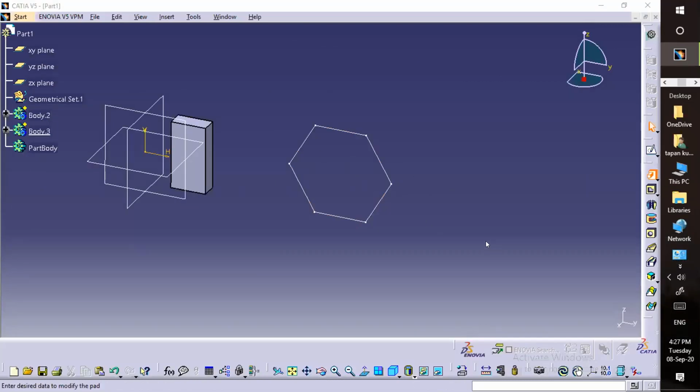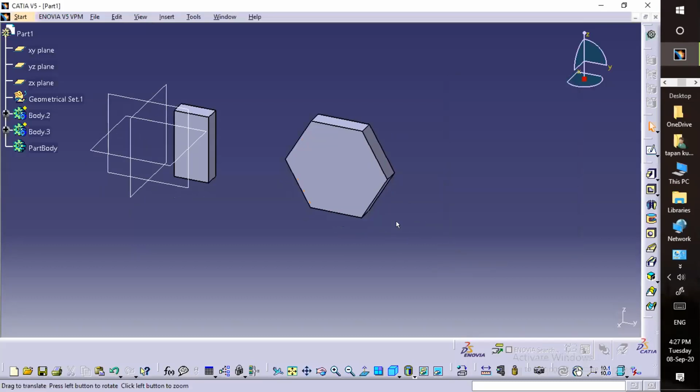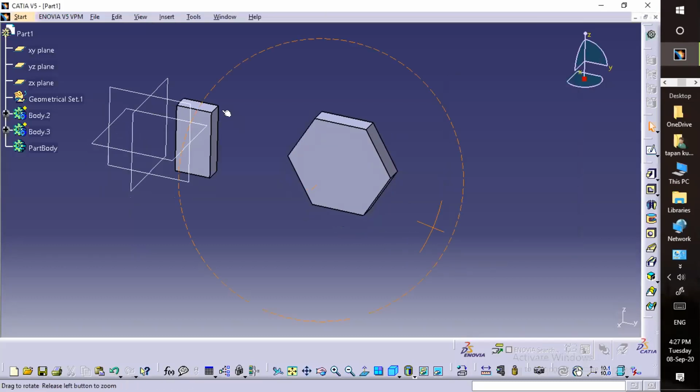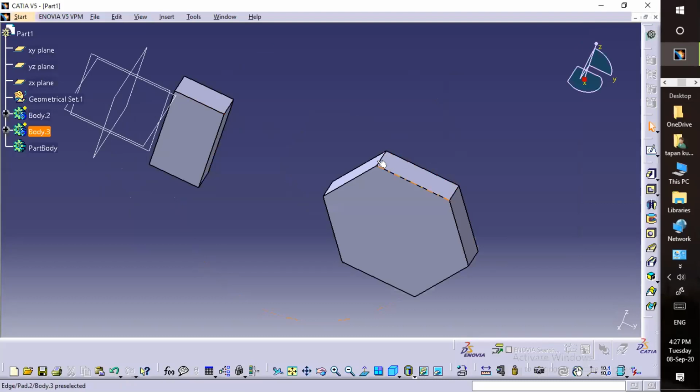Then again I will add some thickness to this. Now I want to calculate the distance between this point to this point.